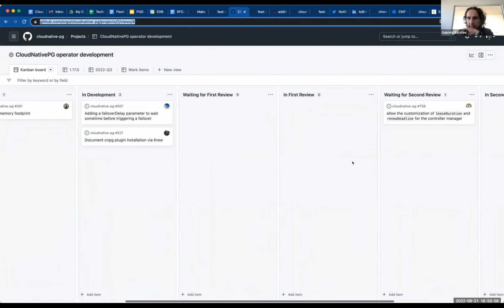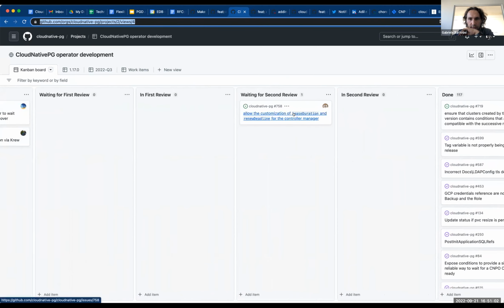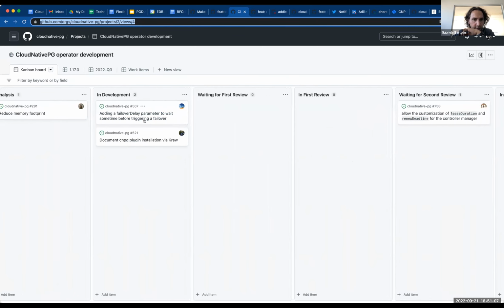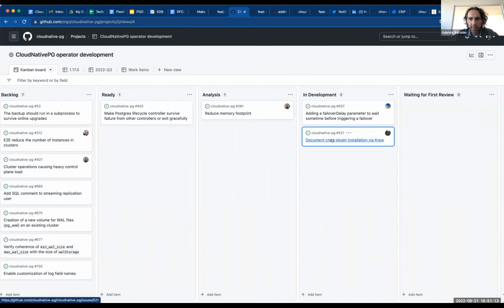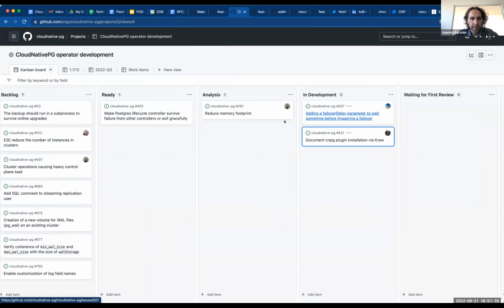So this is the Kanban board. We should probably work on these. Francois is working on this one. I don't know if Philippe was working on this one, what's this? Anyway,